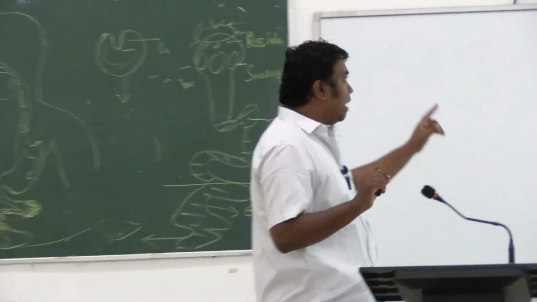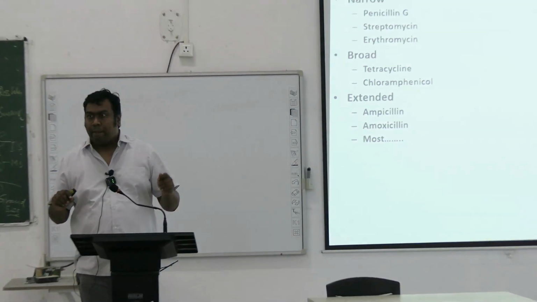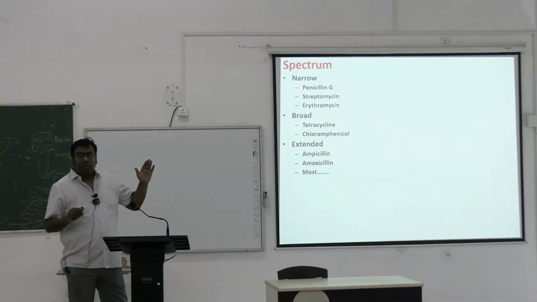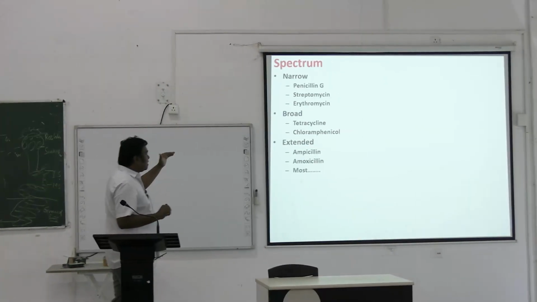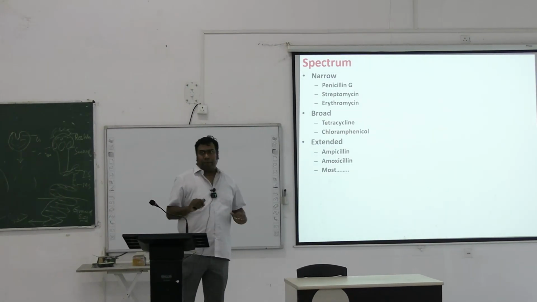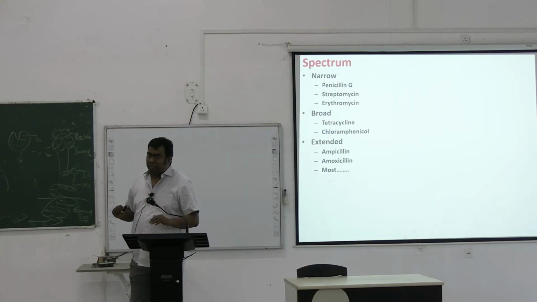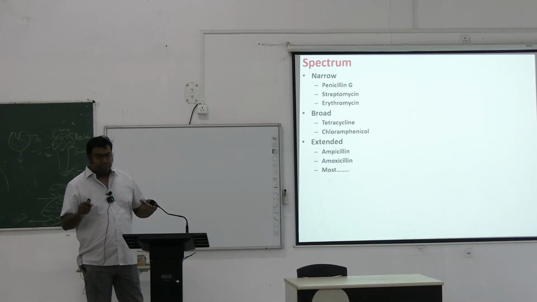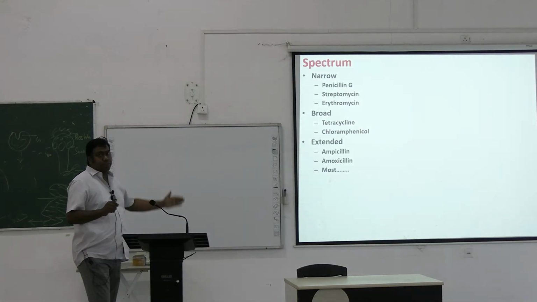Erythromycin is also a protein synthesis inhibitor. These are narrow spectrum. Broad spectrum is tetracycline and chloramphenicol. Tetracycline and chloramphenicol are the broad spectrum. Then extended spectrum. So